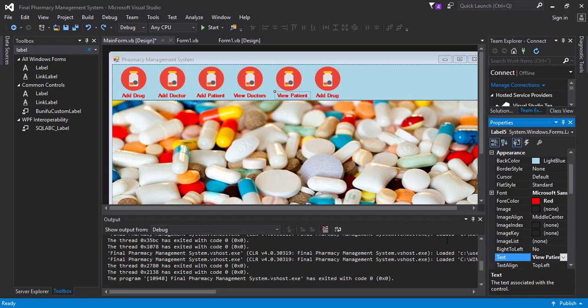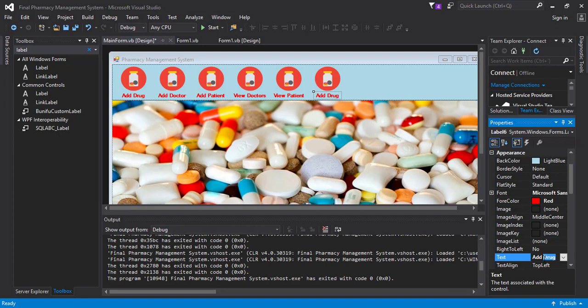I'm okay. No, I'm not making any sense right here. So from that, let's say, what am I going to say now? Add drag, add doctor, add patients, view doctors, view patients, and then what again? Anyway,